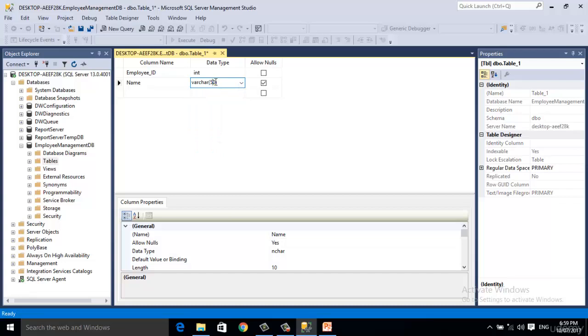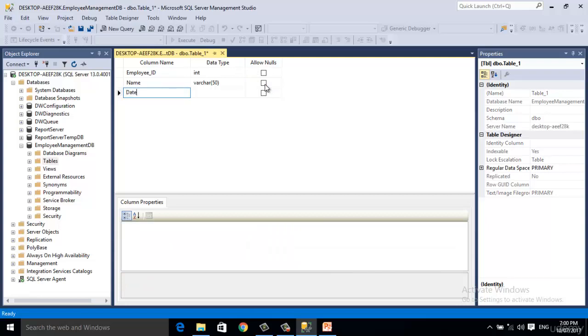Okay, and this is referring to the maximum length of employee name. I have selected it as 50, which means that a name having 50 characters can be stored in this field. Allow nulls. I think that it shouldn't have the null value.